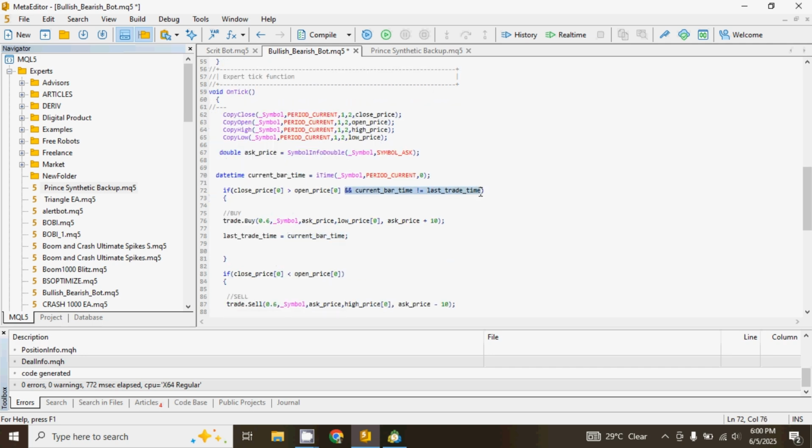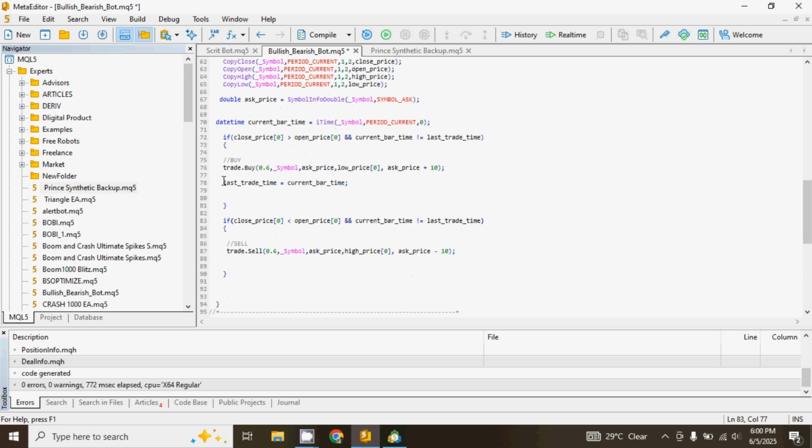So you see, when it comes to programming, if you are just starting, you don't need to understand everything in the beginning, but as time goes on, you get to understand it better. Just understand this syntax or this code on how to prevent the trade on every tick. Let me do the same thing for a sell trade. And this, after it executes a trade,